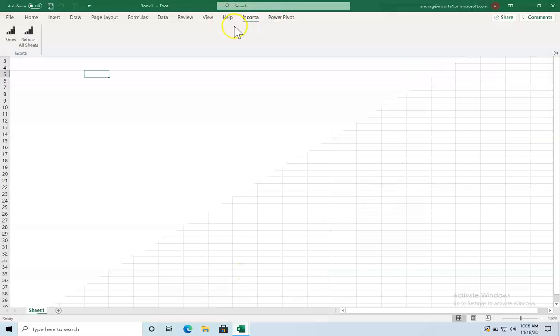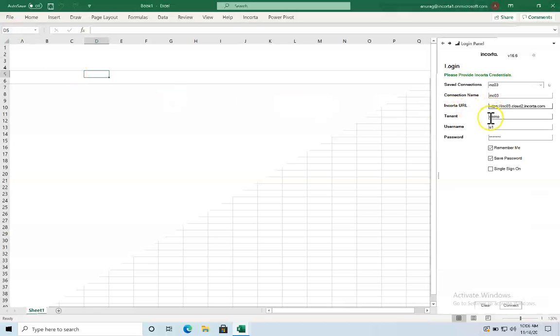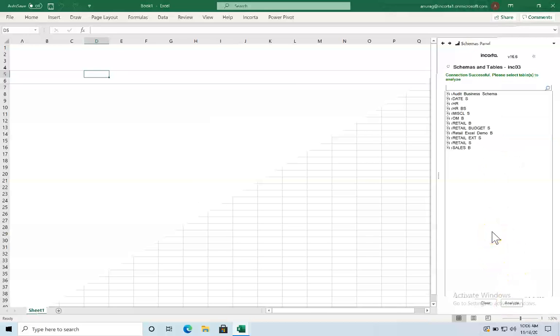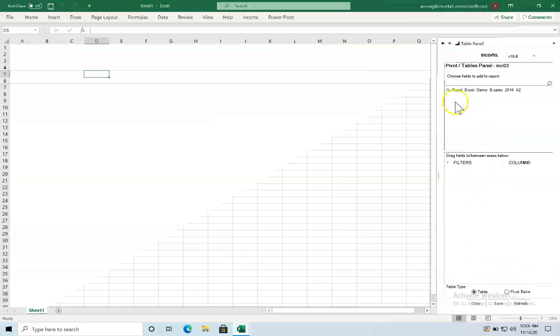So once you download the Excel add-in and install it on your Windows laptop, you will see the Incorta menu here. And then all you need to do is specify user ID and password. In this case, I already specified the URL that I need to connect to, the tenant name, and let's sign in as the admin user. I just want to show you the security as well, because the admin user has access to all the schema and business schema. Now the business schema we are going to focus on is this one here, retail Excel demo, right? So once you select that, this will show me here,